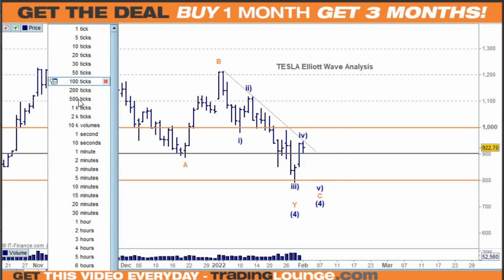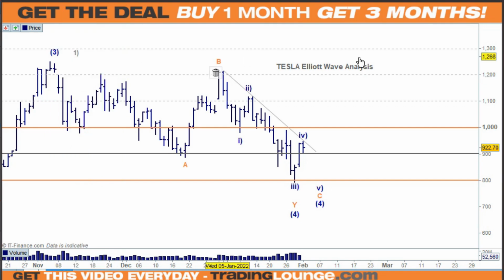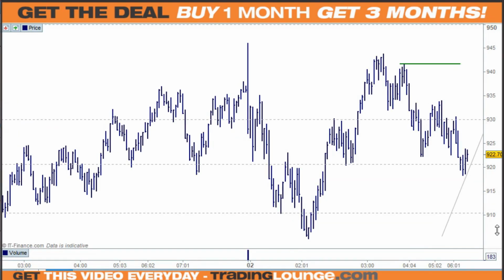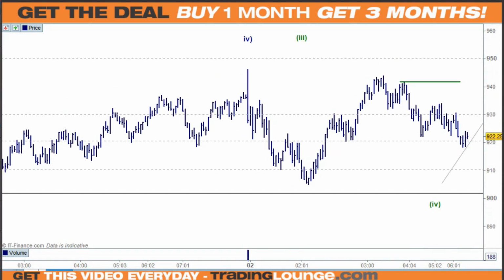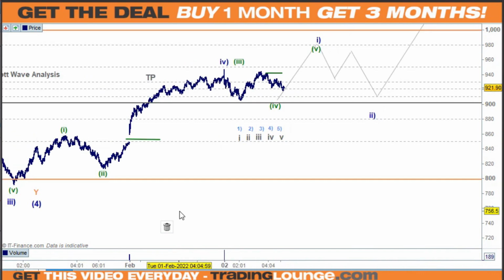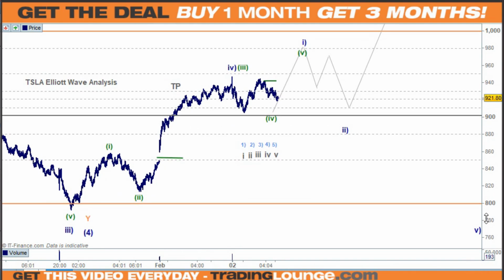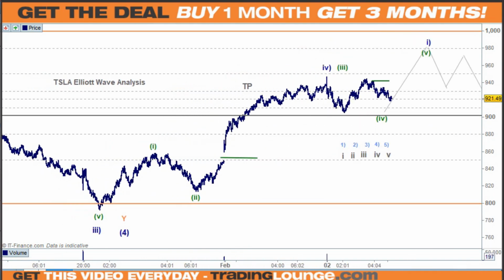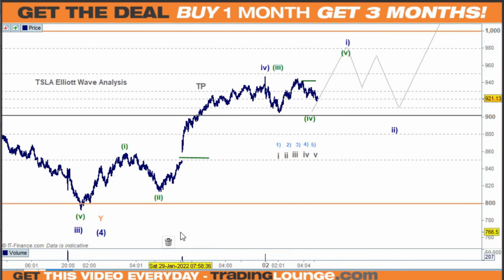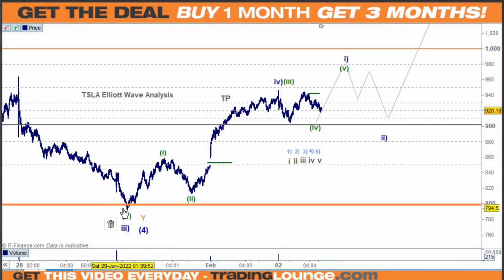We need to stay flexible. We need to stay open-minded. We need to stay with the facts, according to us, of course, our counts, your trade setups. So from the low here, we can see that this is an impulse wave here. So it can be wave A and wave B here and a wave C up here, and that's what we're looking for. We traded long up here,